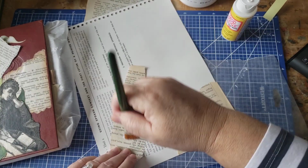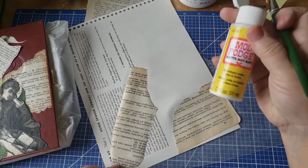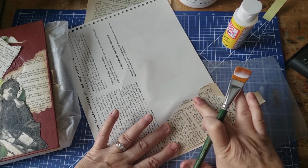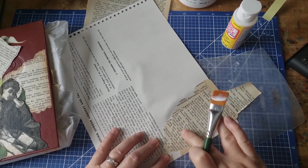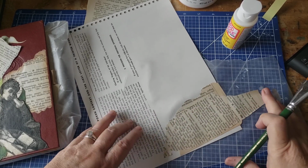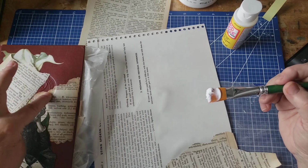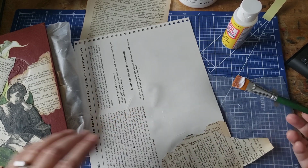So let's just put some gel medium on here because I'm going to use this to glue, and then I will use the Mod Podge again to seal. So let's put this down like this in a different direction and see if it's unpleasant or whether my experiment is going to work. I'm going to keep working over here. I'm going to do it again, mostly because this part, I've done some ink on it. So I guess I should have done one with some ink because I'm going to need to cover up